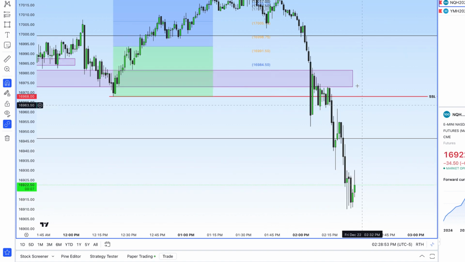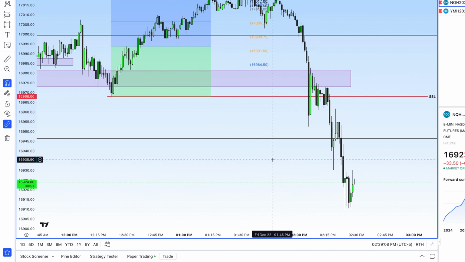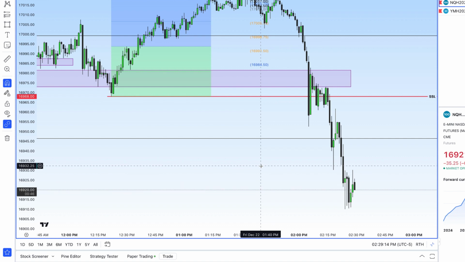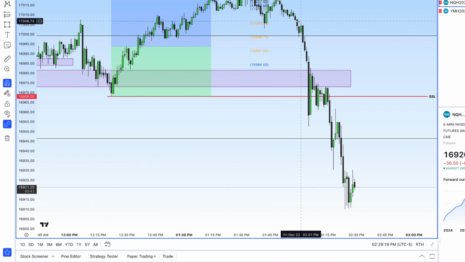I missed this entire move, and not that I missed it, but I took it on the wrong account. As you can see, I'm on my paper trading account on TradingView, but on my Combine account with Top Step, that's really where I wanted to take this trade, and I wanted to take the trade right here with 2 contracts on the Nasdaq, and I would have caught this entire move down, but I didn't take it for several